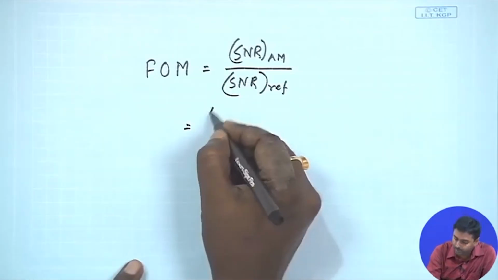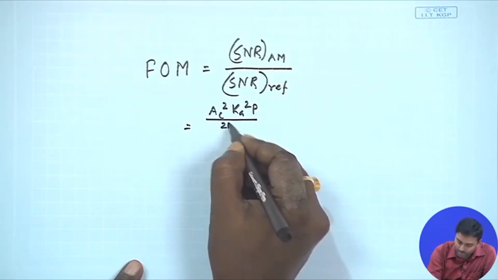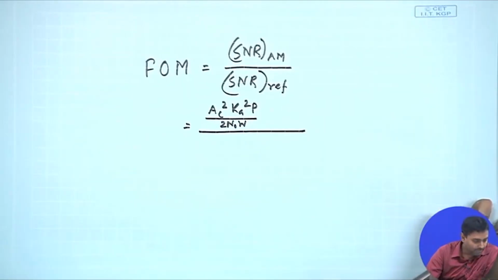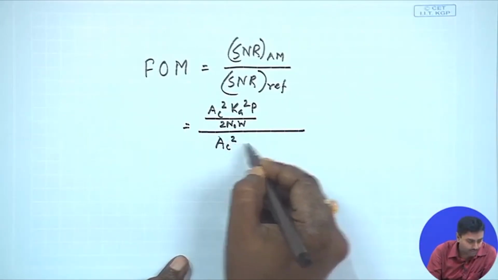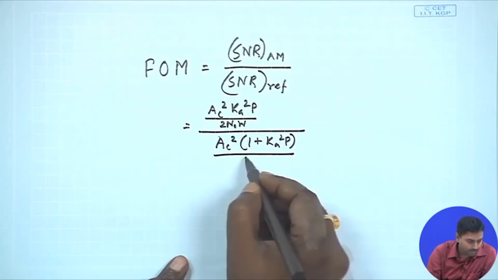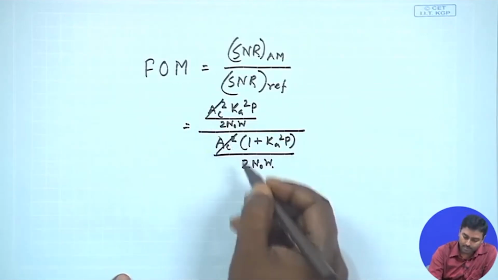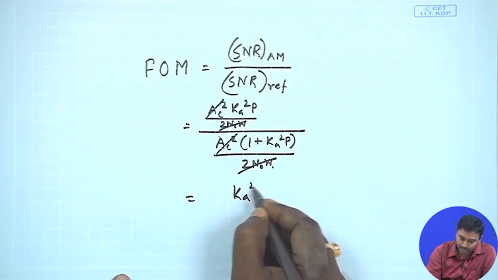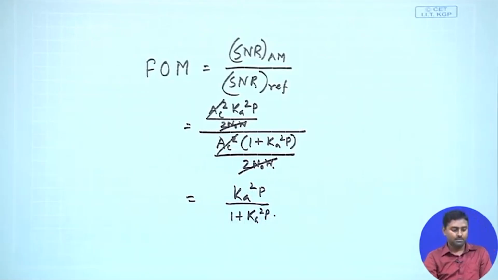SNR of AM we have got AC square Ka square P divided by 2 N0 W, and SNR reference we have got as, what was it, AC square 1 plus Ka square P divided by 2 N0 into W. AC square gets cancelled, 2 N0 W gets cancelled. So, you are left with Ka square P divided by 1 plus Ka square P, right,